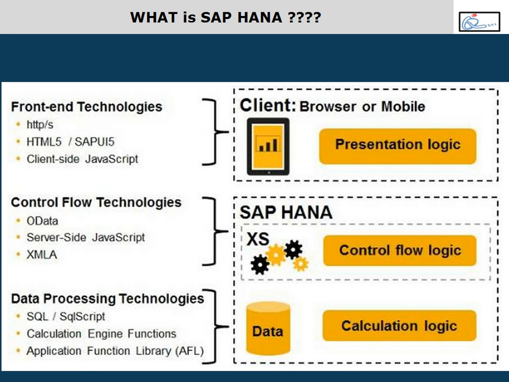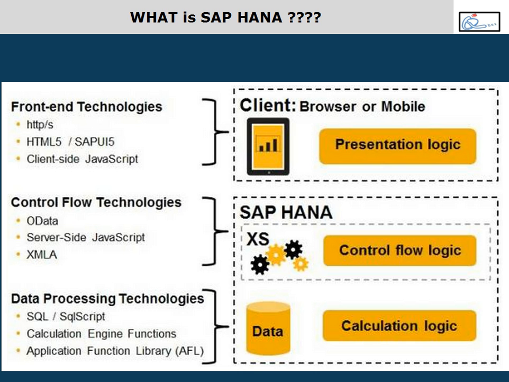Another way is, SAP has come out with something called AFL, Application Function Library, which basically has two sets. One is the Predictive Analytics Library and the other is the Business Function Library. When you say library, it's ready-made functions delivered by SAP for the most frequently used predictive analytics functions. Same way for more frequently used business functionalities, they have given ready-made functions. Instead of rewriting that logic, you can just call that function, pass on the required parameters and get the results out.